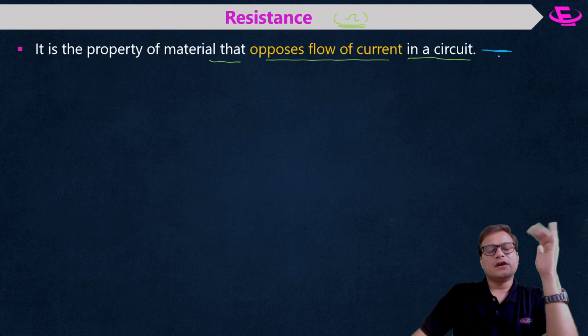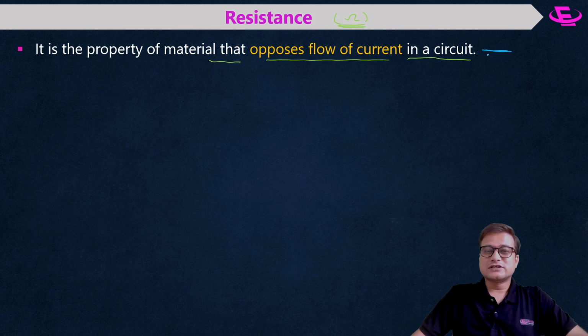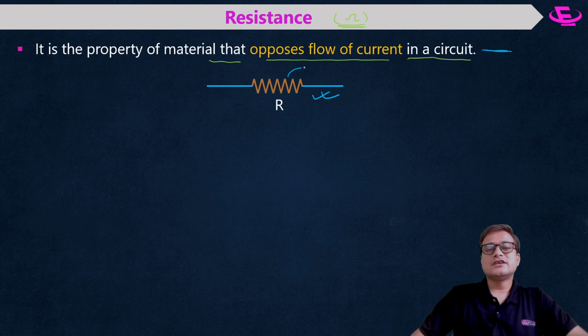Previously also, 10 or 15 years back, opposition parties were just opposing the policy of the government. But you see that most of the time the government passes all the bills. So opposition doesn't mean they will block. This is resistance. This is the symbol of resistance. And this path is called zigzag.